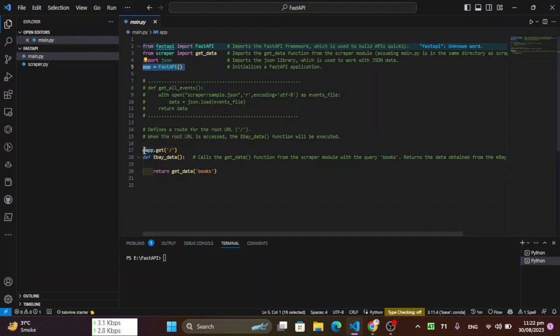Now move toward this section. This section of code defines a route and an associated function. Let's break it down. First of all, this line of code is a decorator that defines a route for the root URL. This is the root URL.